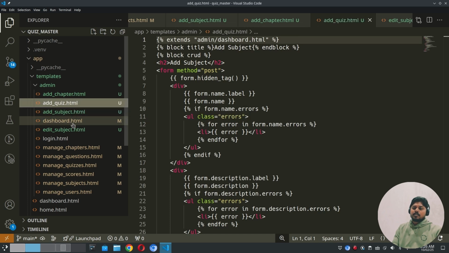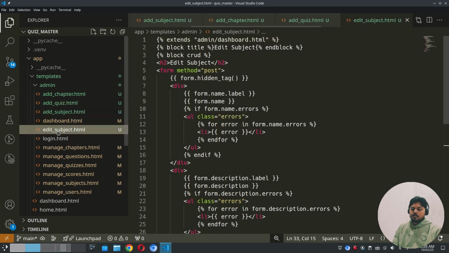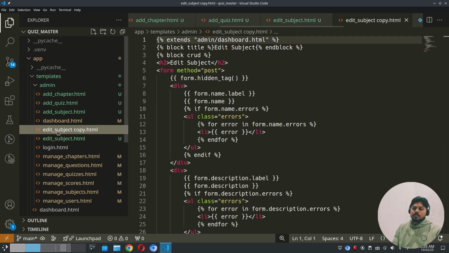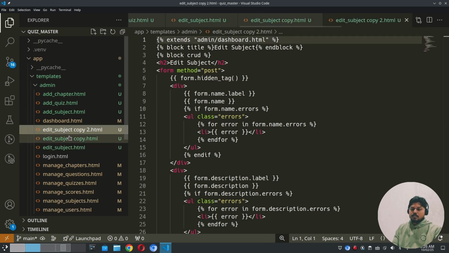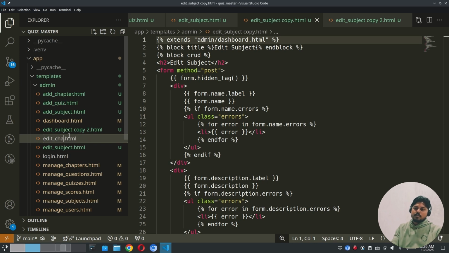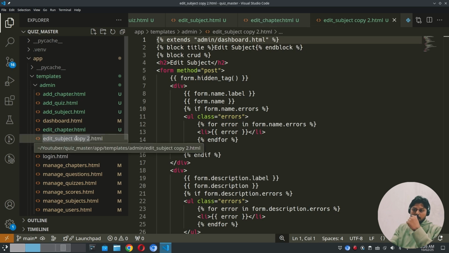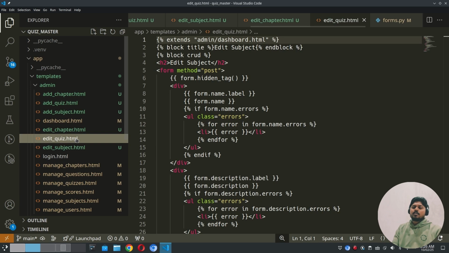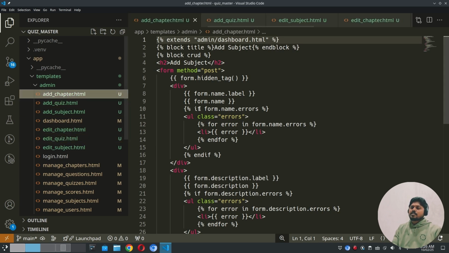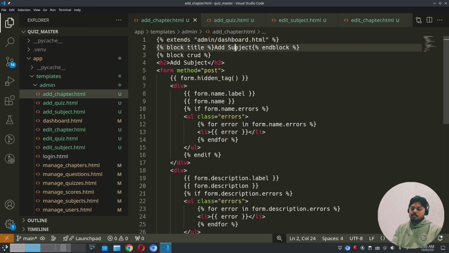Similarly, copy this one and one for edit chapter, the next for edit quiz. Okay, now work on the add chapter first, extending from the admin dashboard template, right? Add chapter, title, add chapter. Okay,